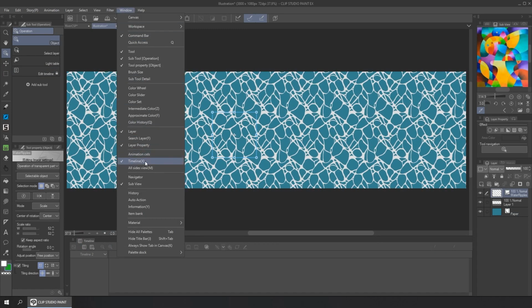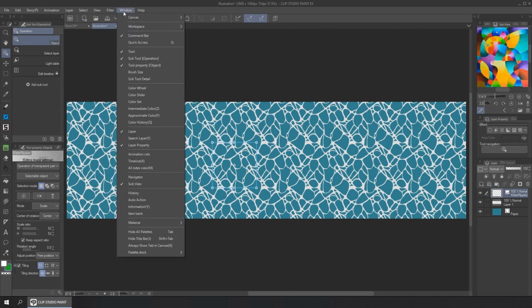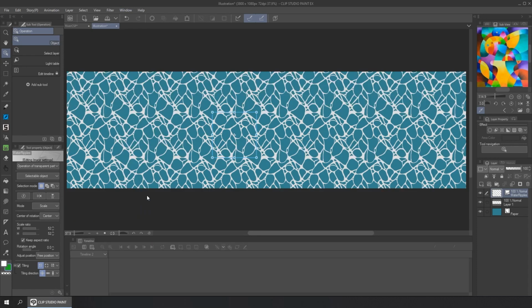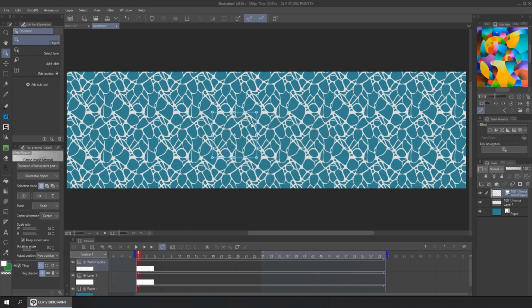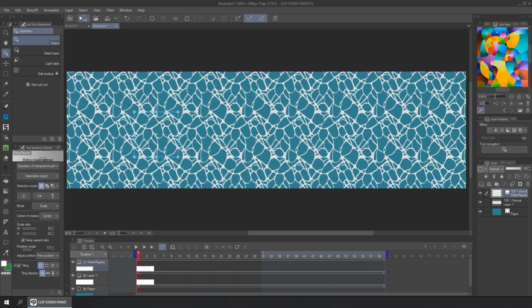If you don't see the timeline, it can be activated in Window, Timeline. Create a new timeline. In my case, I want a 2-second loop. So I'm going to work at 30 frames per second and 60 frame length. Now we can animate this river.